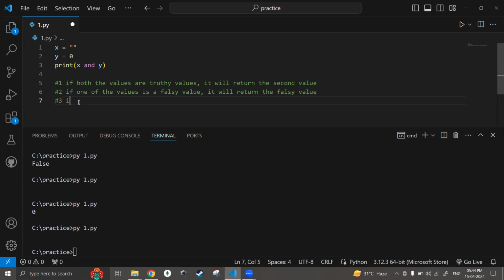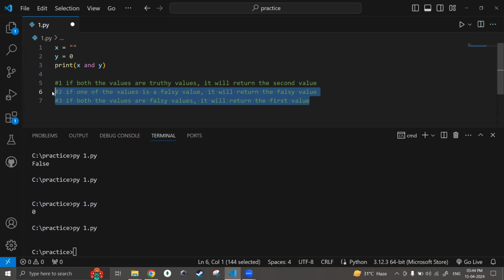Rule number 3 is if both the values are falsy values, it will return the first value. So if I combine rule number 2 and rule number 3, we can say that